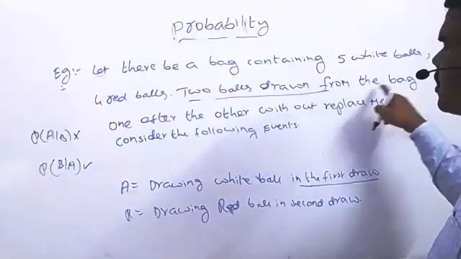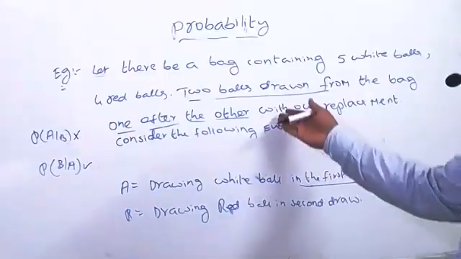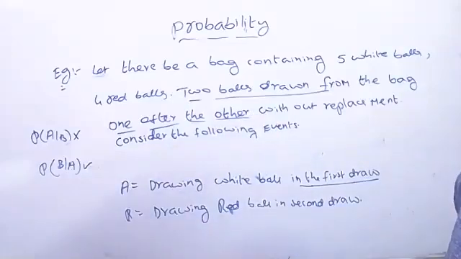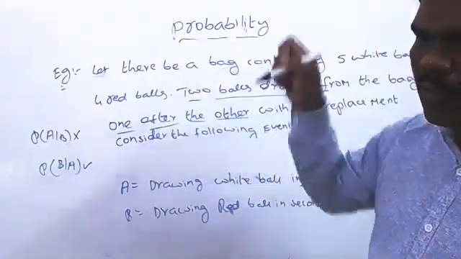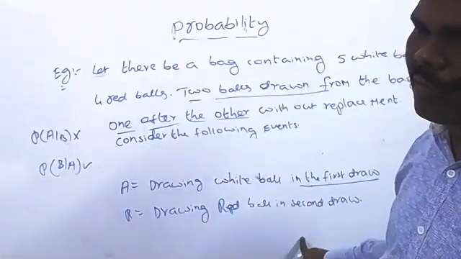Sir, we'll draw only 2 times? Yes, 2 balls only we can draw. See, 2 balls are drawn from the bag, one after the other. There is no third draw; we are doing it based on the problem. Here there are only 2 draws. Correct? Okay, sir. One after the other means compulsorily we should first draw A, then we go to B here.